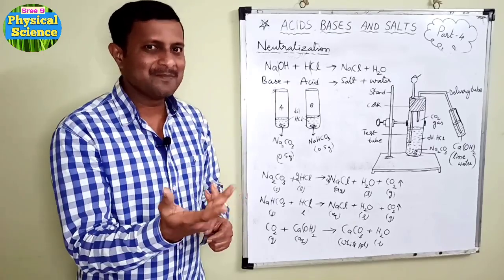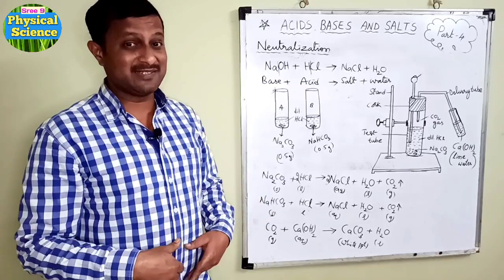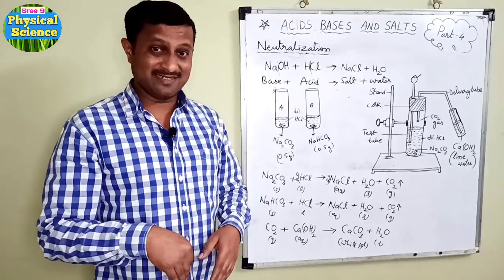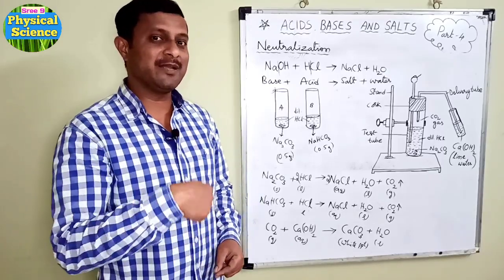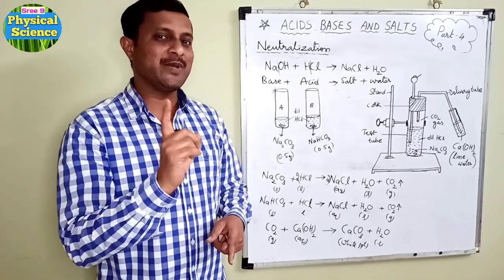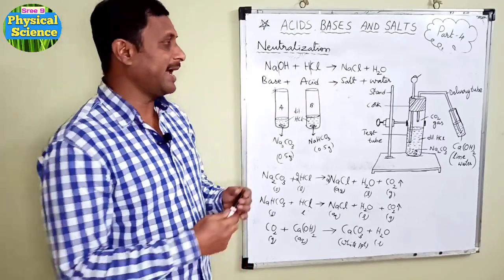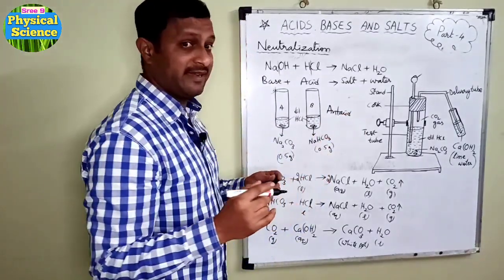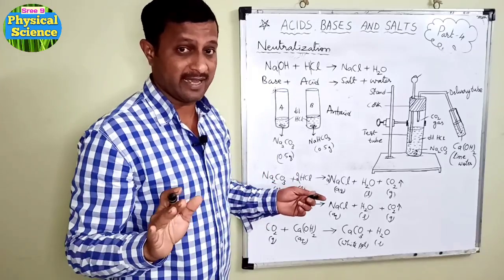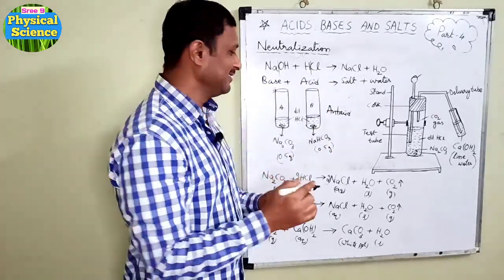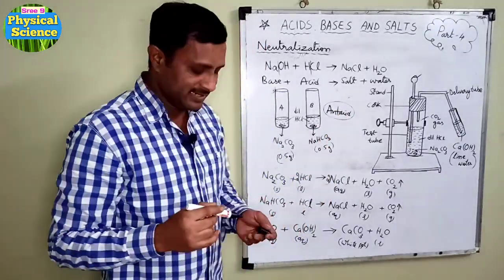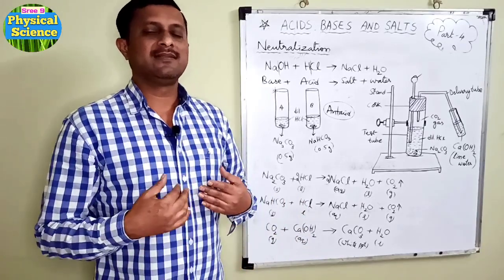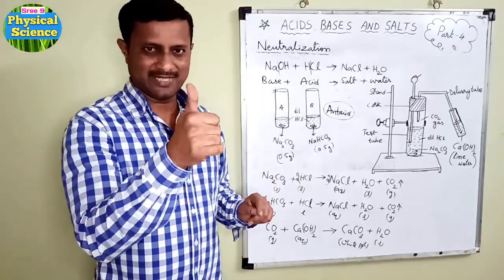So now you can say what an antacid tablet is? It is a base, right? Because of acidity we are feeling a burning sensation, so we have to neutralize it. To neutralize that burning sensation, we have to take a base. That base is nothing but opposite to acid, antacid, right? Don't say anti-acid, antacid. So antacid is a tablet or syrup we generally take to neutralize the acidic sensation in our stomach, right?